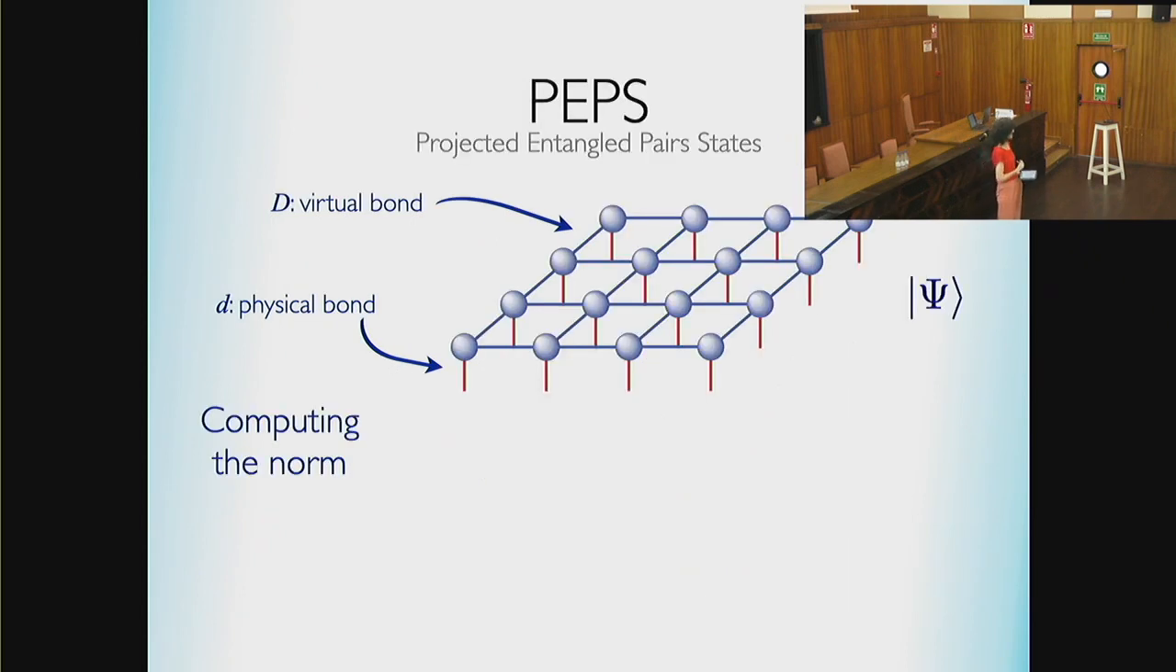Now they have other properties which are very different from matrix product states, and they concern contraction, the computation of expectation values. So the simplest expectation value that we can compute is the norm, like the contraction of the state with its adjoint, right? So now you see, I changed the notation because this picture